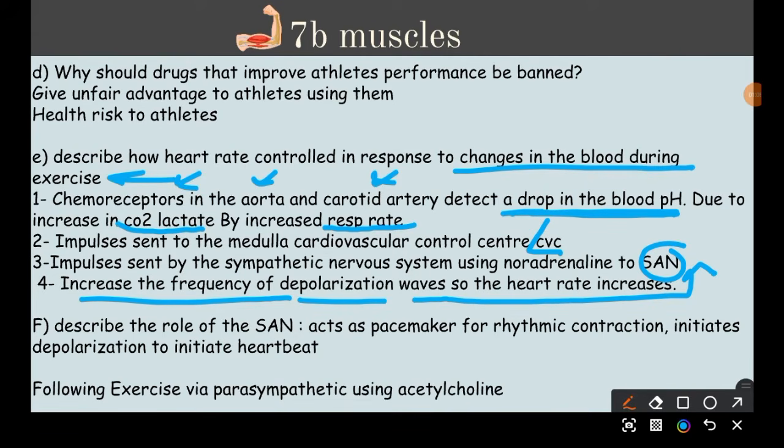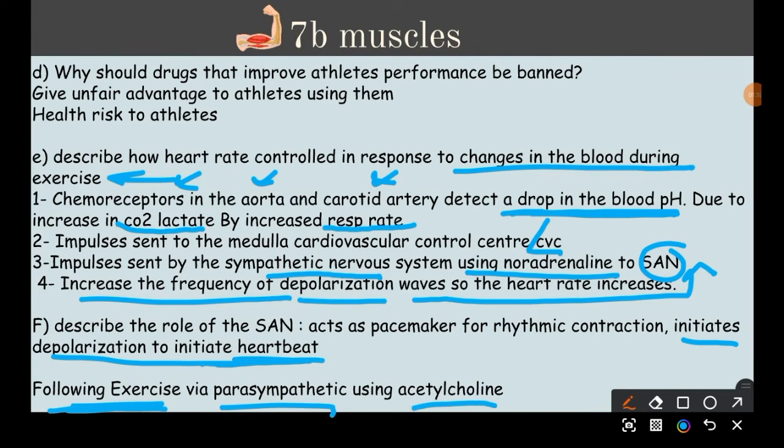Describe the role of the SAN. It acts as a pacemaker for rhythmic contraction, and it initiates the depolarization to initiate the heartbeat. And you know how here we said the sympathetic nervous system uses noradrenaline. Following exercise, we want to again reduce the heartbeat that we just raised, so we send impulses by the parasympathetic